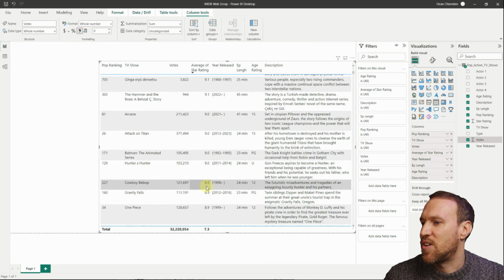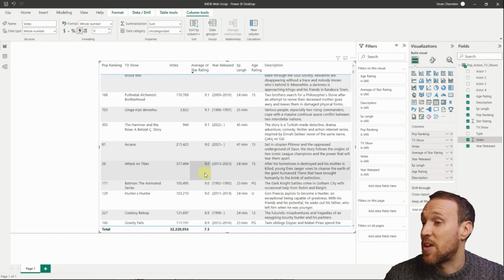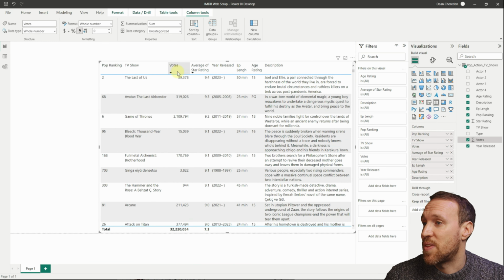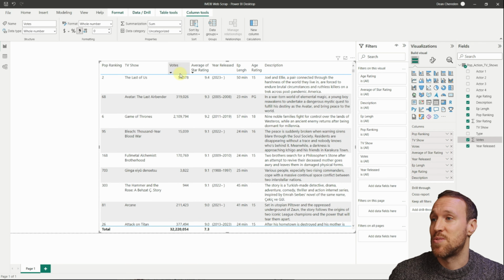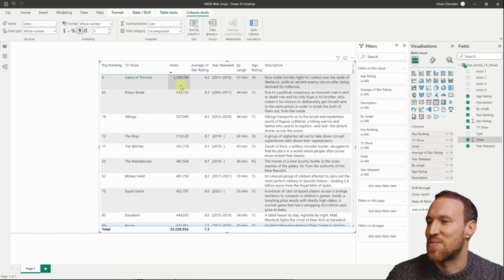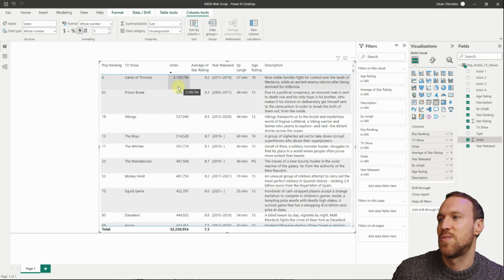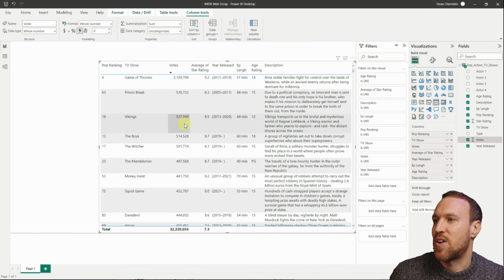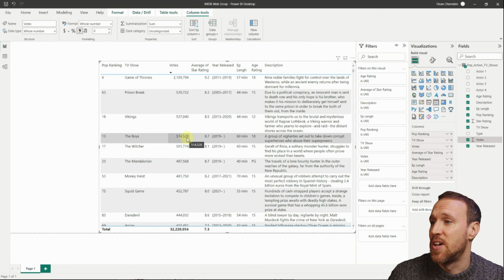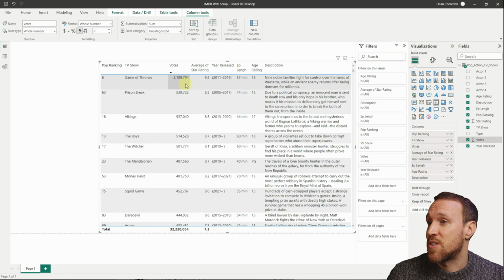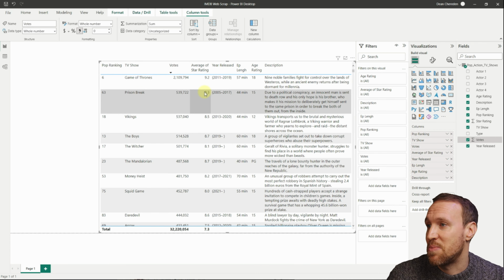Yeah, so we can see Game of Thrones third, Avatar. There are a few that are over 9, Game of Thrones with the highest. And so then what we can do is see who's got the most votes. Probably Game of Thrones, yeah. And by miles, look at that. Over 2 million votes. And then Prison Break with over 500,000, Vikings over 500,000. Still don't watch that, I need to watch it. The Boys, but Game of Thrones overall, generally by votes and highest rating, would claim that to be the greatest TV